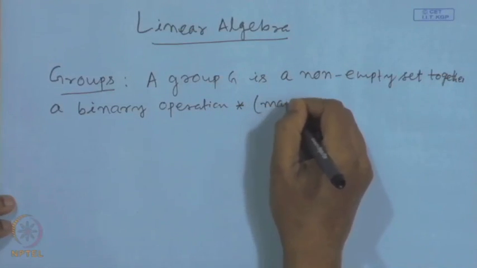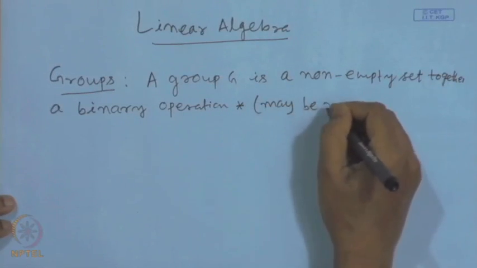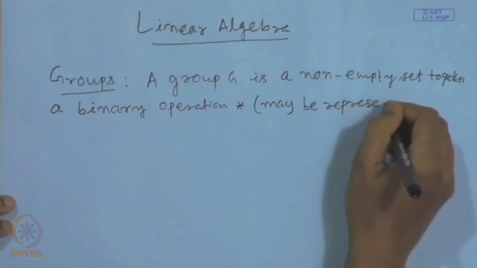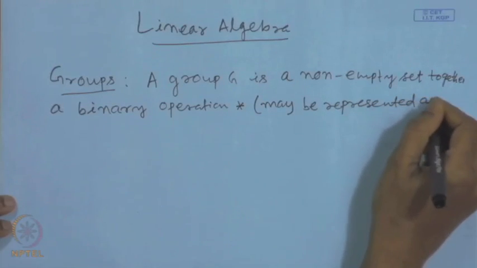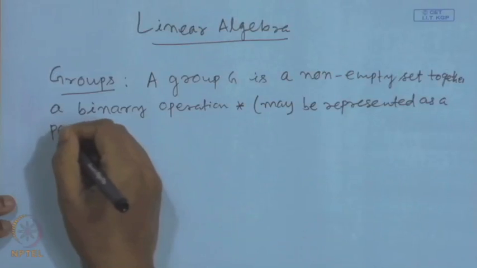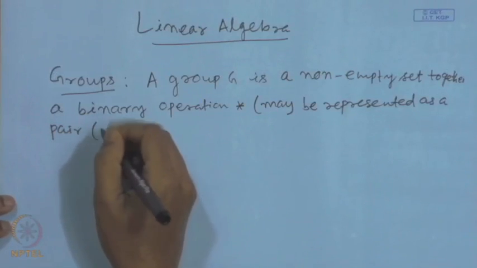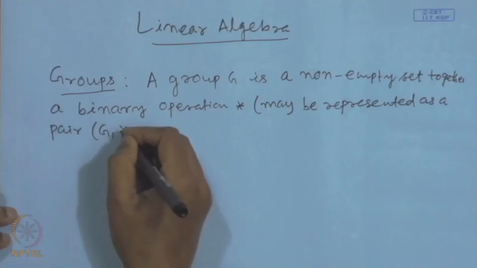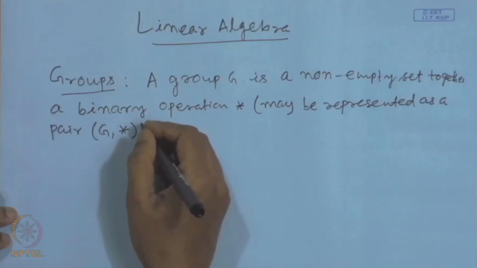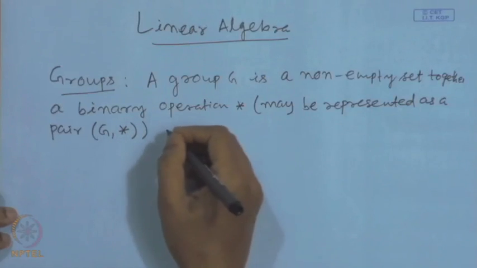This may be represented as a pair (G, star), and is satisfying